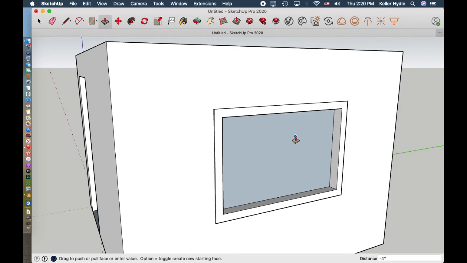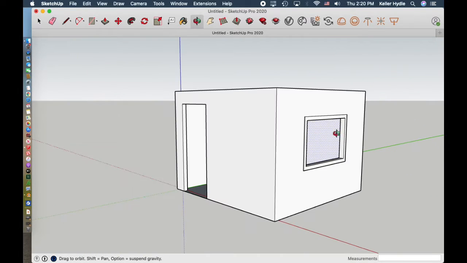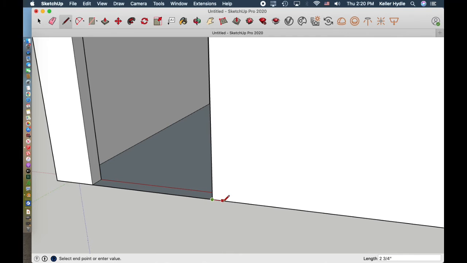So now you've got trim for your window too. That looks pretty nice. Let's put trim on the doorway. Now it's a little harder since the rectangle isn't centered evenly, so we can draw lines, just go 3 like